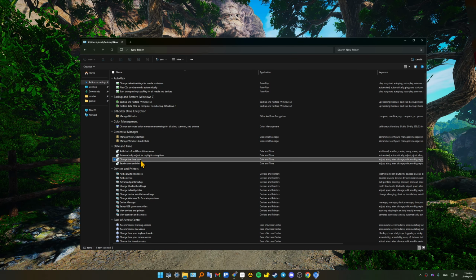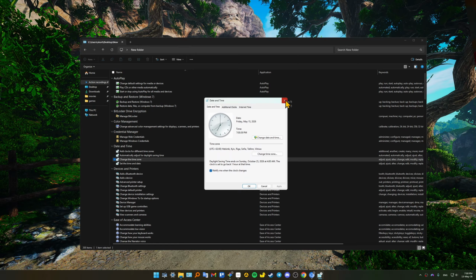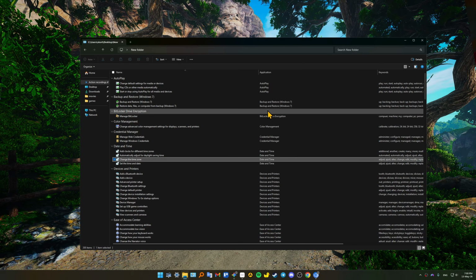For example, change the time zone, just double click, and of course the corresponding window with particular settings will appear on your screen. So unlocking God mode streamlines your operating system optimization by placing every deep configuration switch right at your